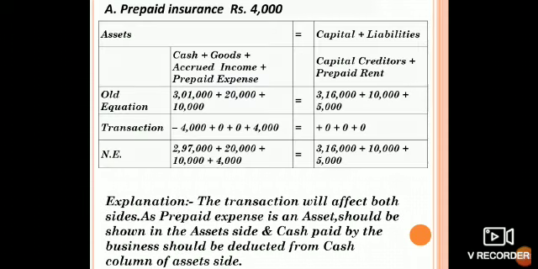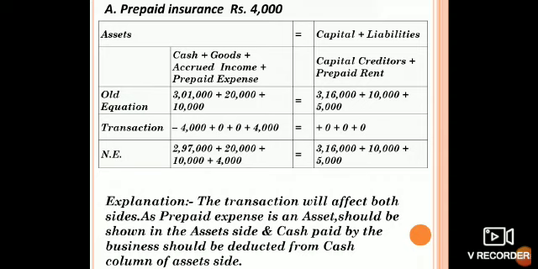Here the prepaid insurance is rupees 4,000. Old equation: 3,01,000 plus 20,000 plus 10,000 under asset side, and under liability side it is 3,16,000 plus 10,000 plus 5,000. Here we have prepaid the insurance, so it has to be reduced from the cash. 4,000 has to be reduced, and it is shown as prepaid expense under asset side as a separate column. So now